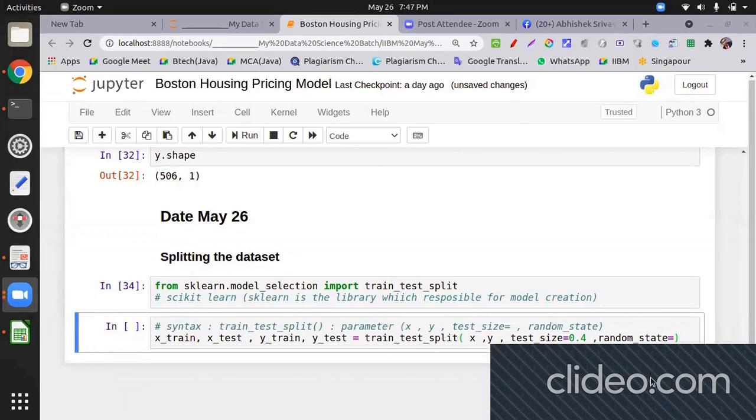If we have 0 to 9 in our data set, then the state has a single number, like 1, which takes the first 5 numbers or randomly even or odd numbers. Yes, it's an internal algorithm. It takes any number and it shuffles the data. The main thing is shuffling the data. Yes. But the question is: why do we shuffle the data?